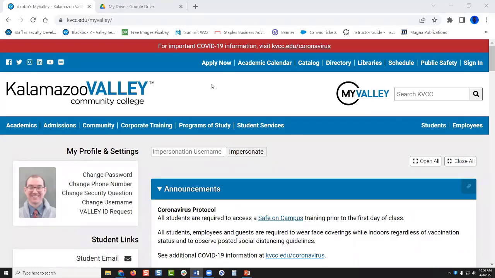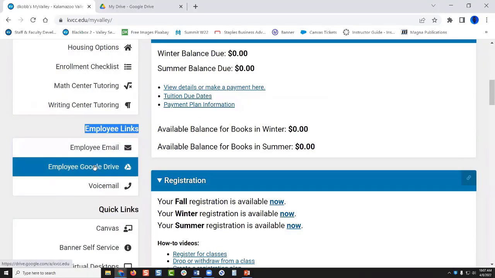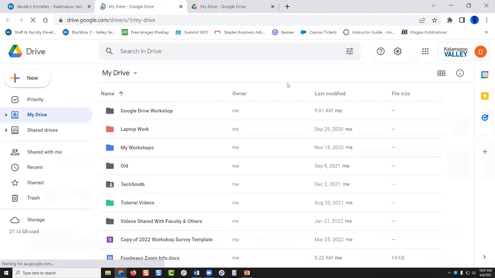You can reach your KVCC Google Drive from your MyValley homepage. It is under the employee links, and directly below the link to your email, you have the link to employee Google Drive. When you first log in, you may have to log in; it may not log you in automatically unless you save your credentials like I have. The login is just your KVCC username and password, so nothing new there.